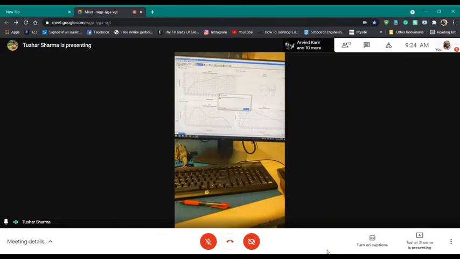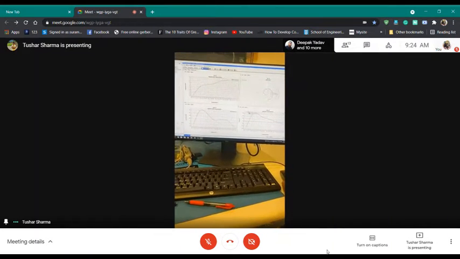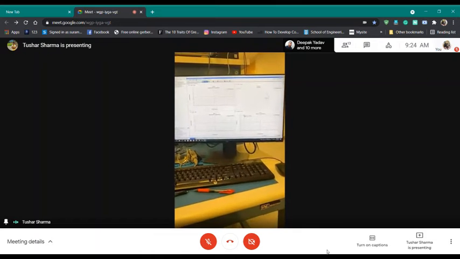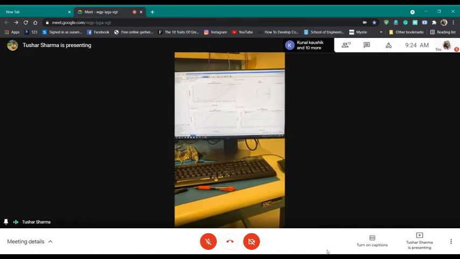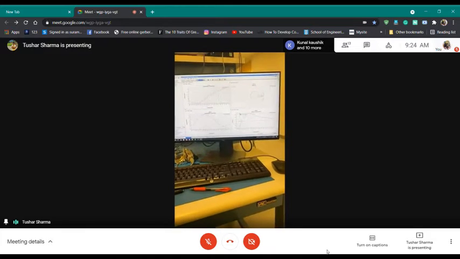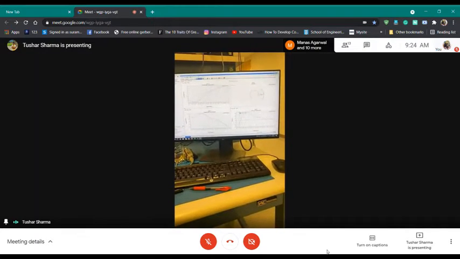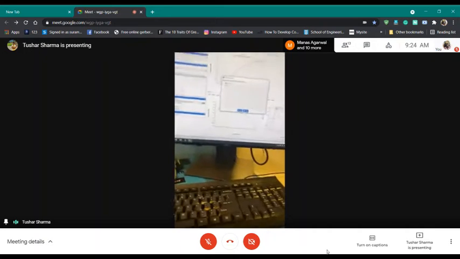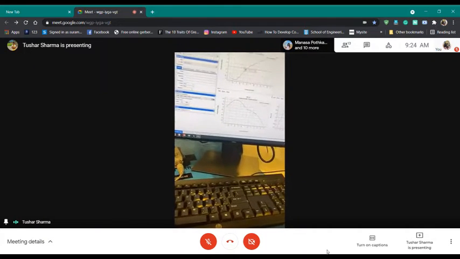So what I'm trying to say is that you can't do all these things manually, because you need a lot of precision. It just can't be like, oh yeah, some DC current is there, it's fine. No, you have to have a lot of precision. For that you do measurements like this.